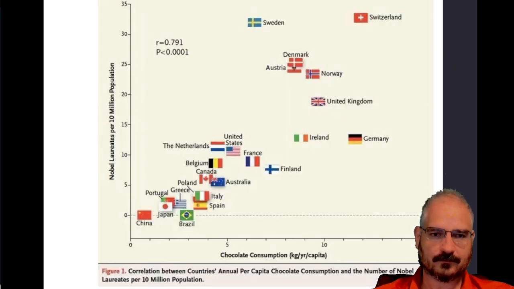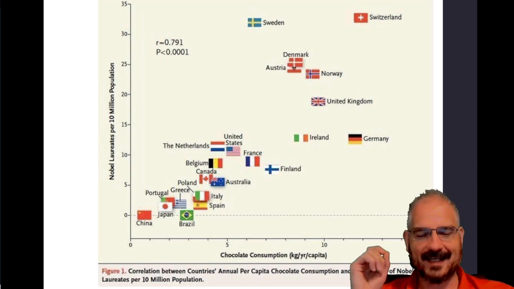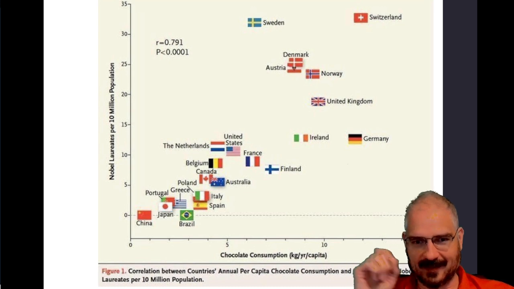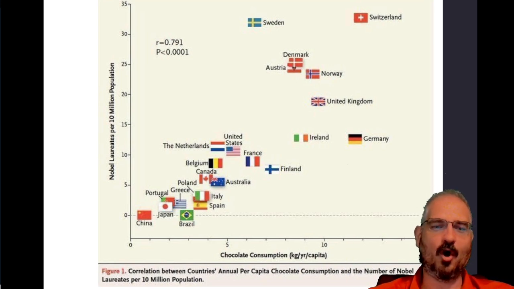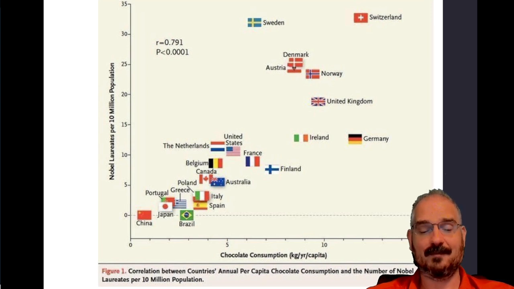Okay? Now here's one last example. All right? This is a scatter plot where along the x-axis we have chocolate consumption measured in kilograms per year per person. And then along the y-axis we have Nobel laureates per 10 million population. And as you can see, this is not a random scatter plot. This seems very clear